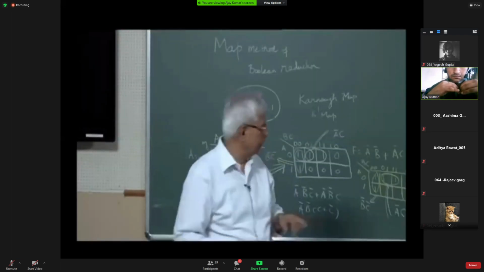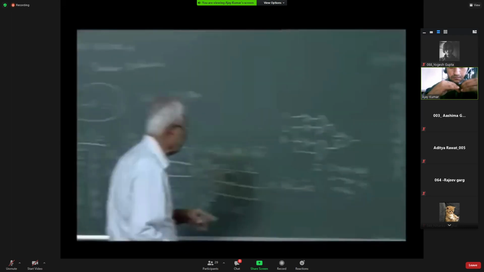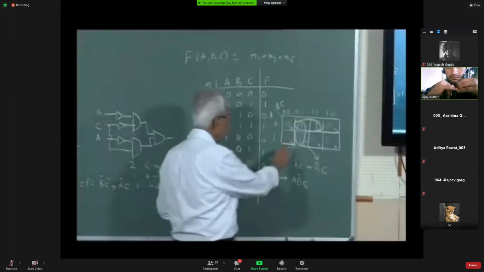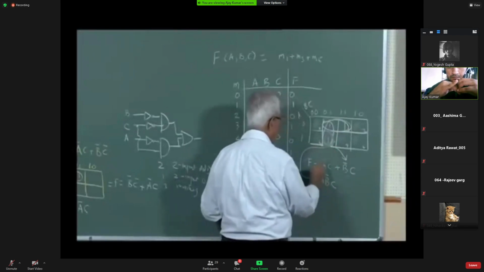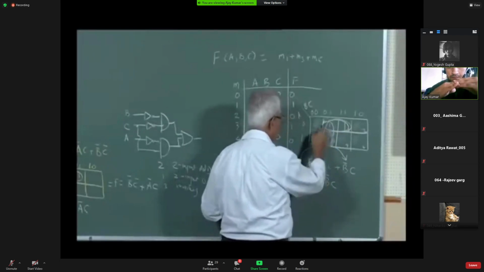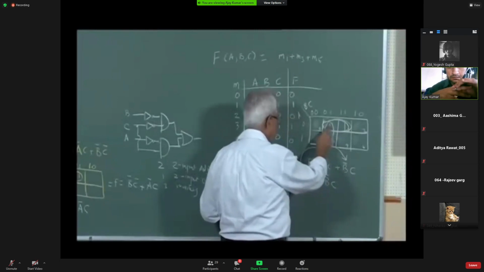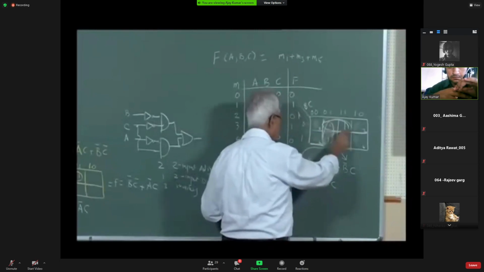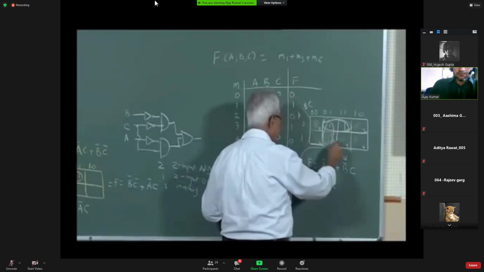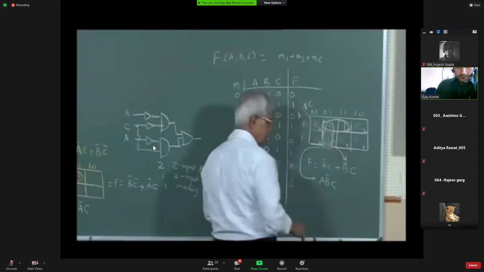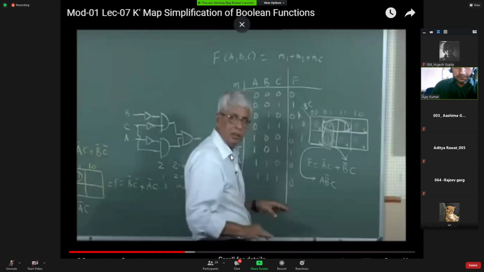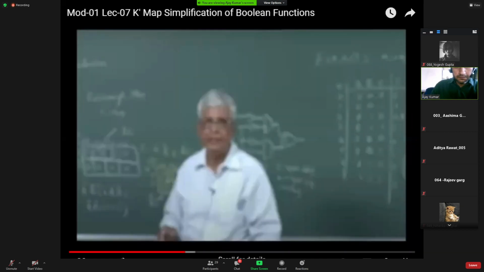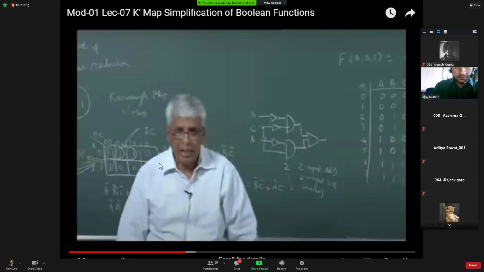This is a typical example. If I use these 2, this term will come. If I use this term alone, this will come. But if I also do this, now this one gets covered both in this and this, that's not a mistake. But I should not leave anything out. I should cover all the ones. But do not do it unnecessarily in this case.